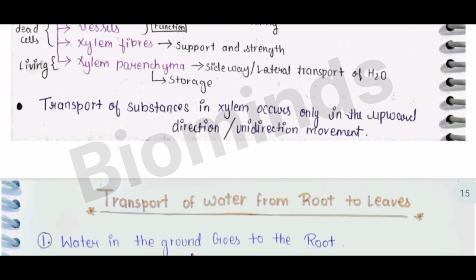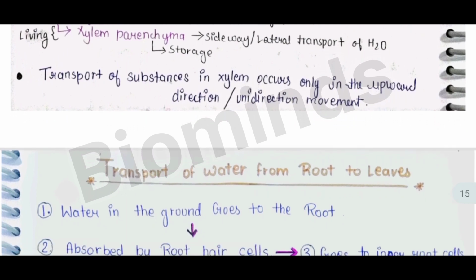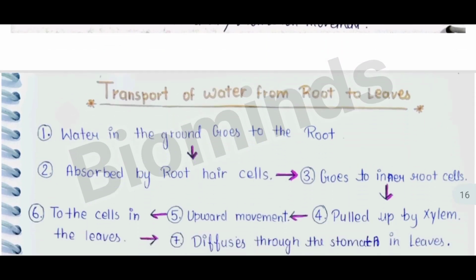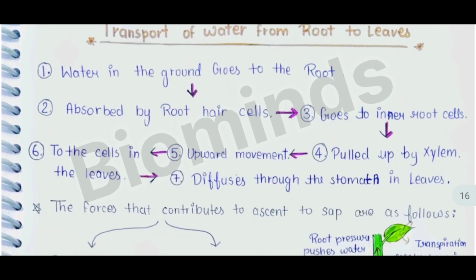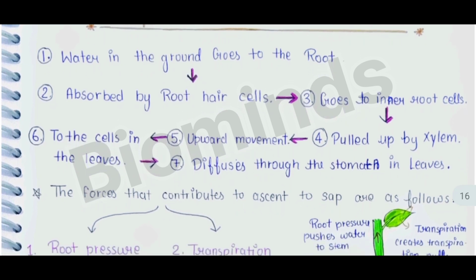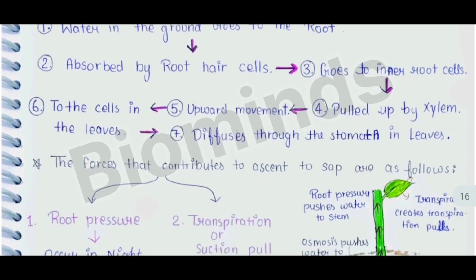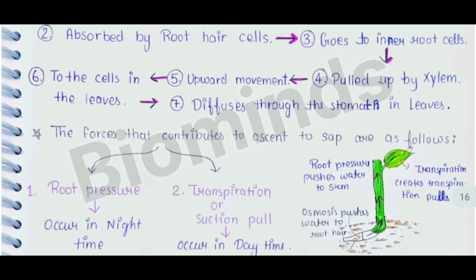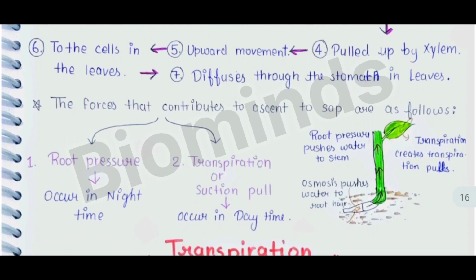Then, transport of water from root to leaves. Water in the ground goes to the root, is absorbed by root hair cells, then goes to the inner root cells, is pulled up by xylem, moves upward to the cells in the leaves, then diffuses out through the stomata in leaves. The forces that contribute to the ascent of sap are as follows: root pressure and transpiration